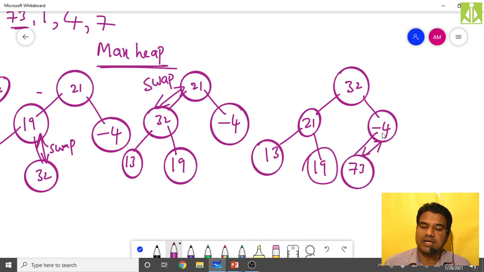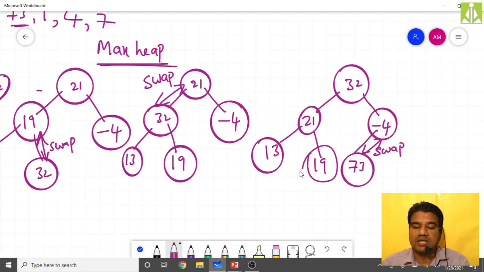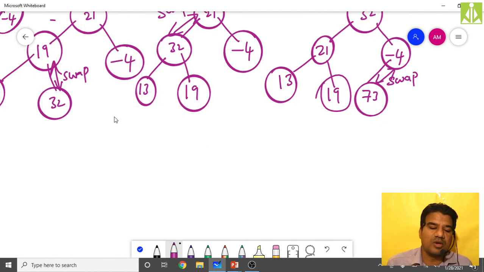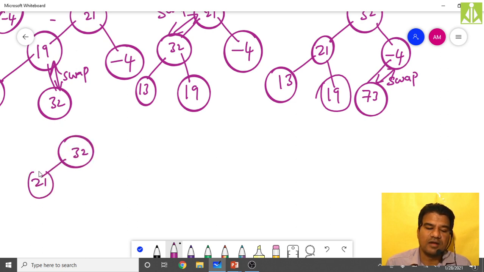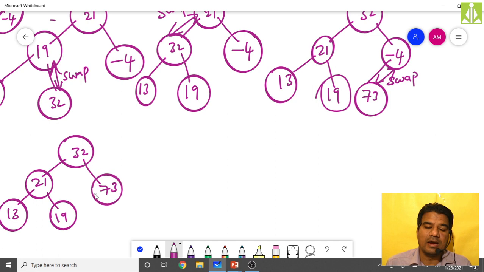As the new node is greater and the parent node is smaller, perform the swap. So you get 32 on top, then 21, then 13, then 19. After that, 73 will go up and -4 will come down. Still we have not reached the root node.